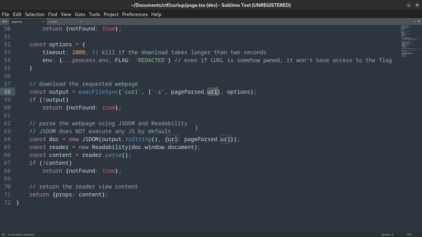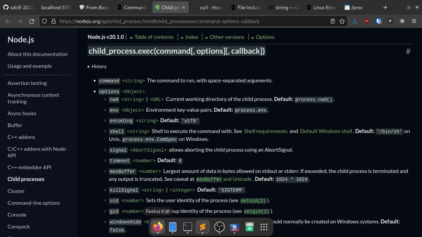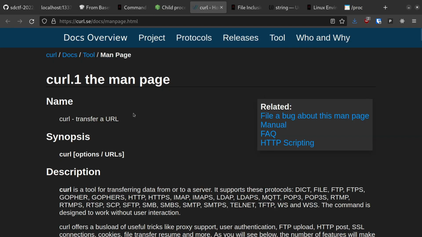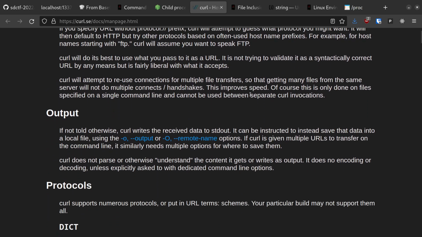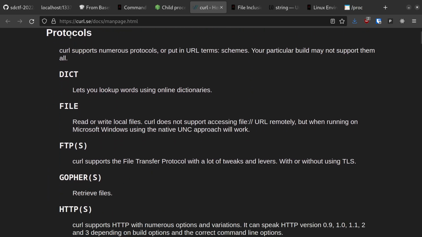Is there any way to convince curl to return an environment variable? Well, we can read the docs for curl at least and get a good idea of what it can do. As it turns out, it's quite the Swiss Army knife. If we scroll down to the protocols section, we can see some descriptions of the various things that can be downloaded, including some definitions from online dictionaries.